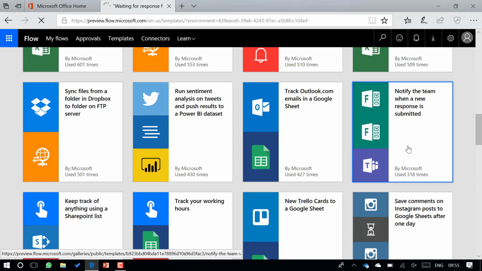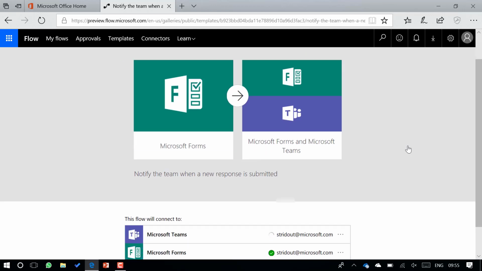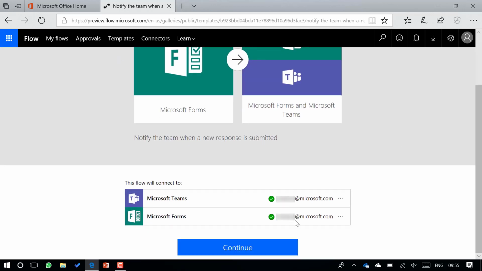So let's go with that one because that'll be really useful. When somebody raises a risk, it will get posted through into the appropriate Microsoft Teams channel to let everybody know that a risk has been posted. And then everybody can have an input and have a conversation around that project risk. Okay, so we can scroll down there and we can see there that it's all connected up correctly into my